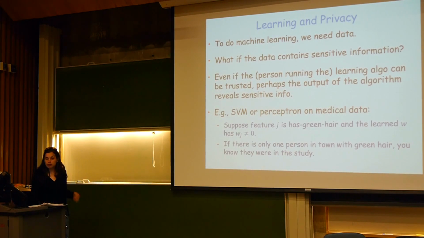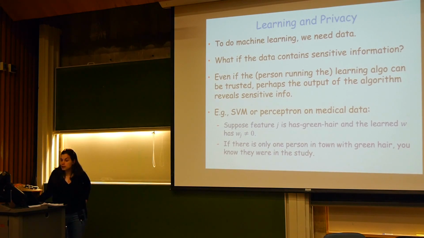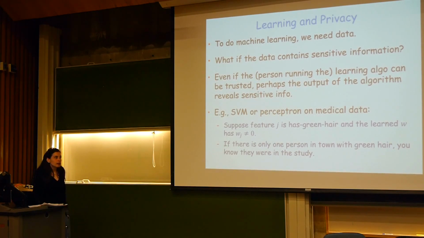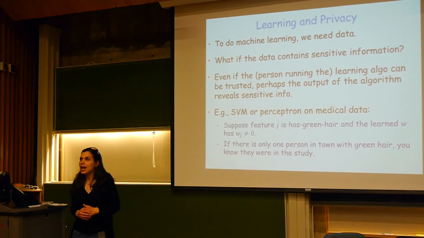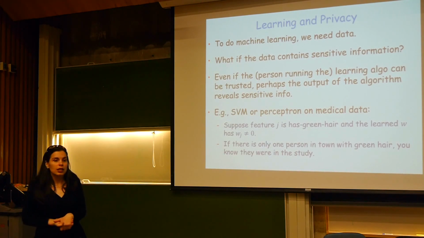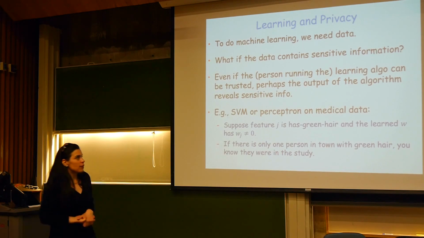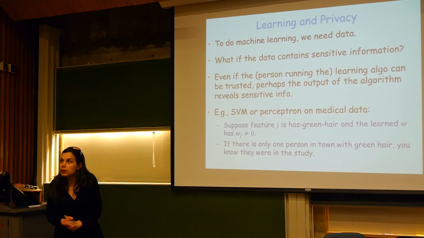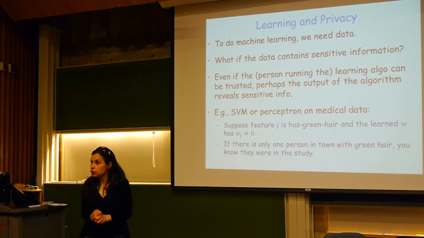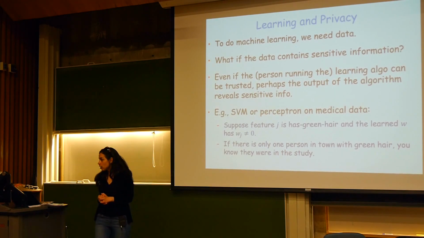So one of the main questions now is how can we design learning algorithms that can help us avoid such situations? And I think the jury is still out. We don't really know exactly what is the right model and how to formalize this, but there has been some great progress in the past 10 years on a specific model of privacy, and this is called differential privacy. And there has been a lot of exciting work.